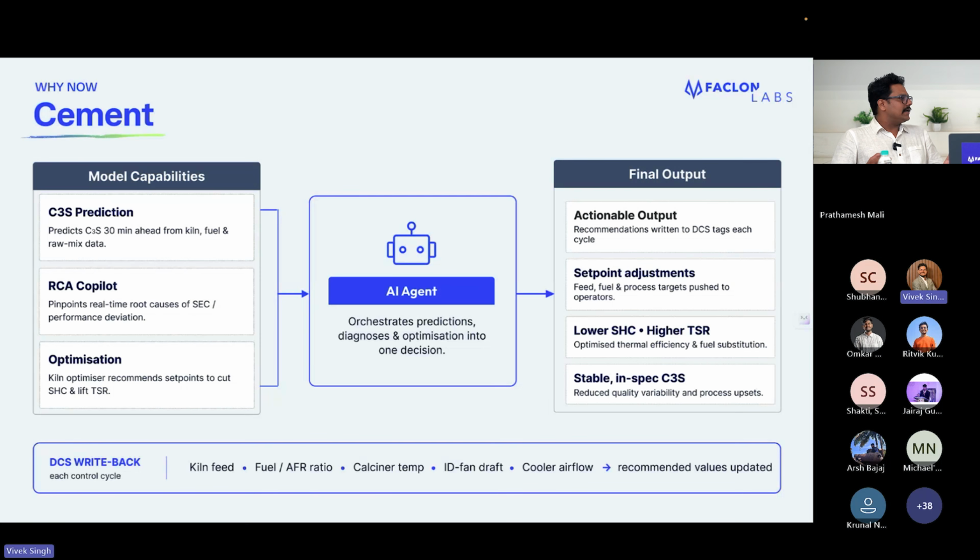So for that, we created a traditional machine learning model, which was analyzing the quality parameters of the raw material and the process parameters during the clinkerization process inside the kiln, and then predicting the final quality parameter C3S, right? We had another co-pilot that was majorly understanding if there was any increase in the SEC, which is the specific energy consumption. It was analyzing multiple process parameters, giving out any issues, and then a probable and possible recommendation as well on what should be done.